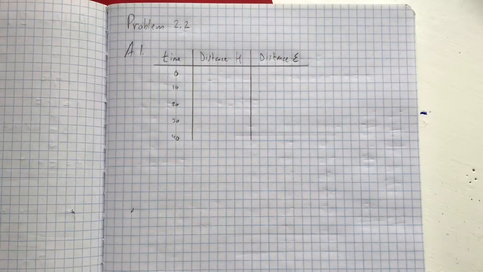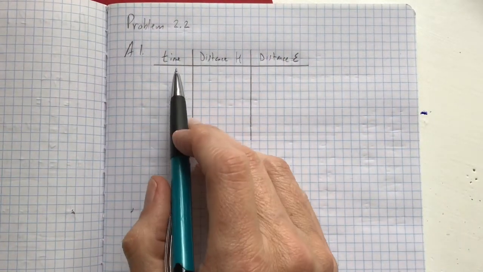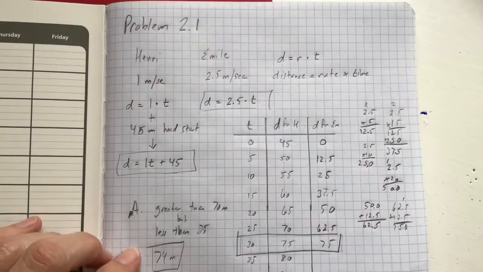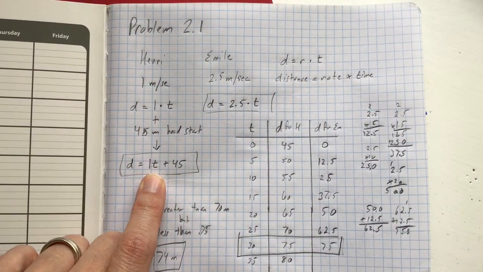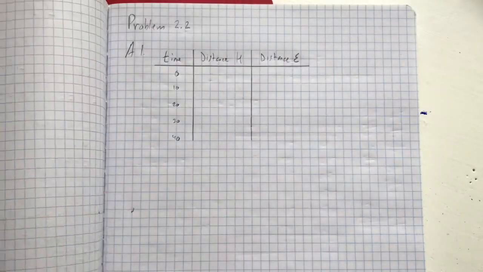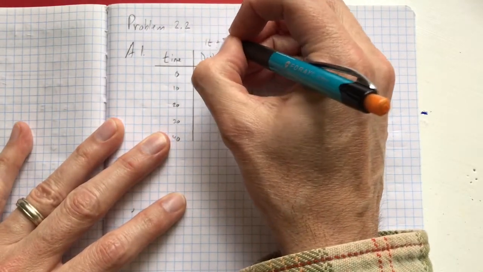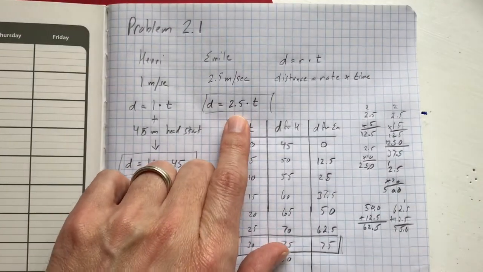All right, so I made my table. We've got our time, distance for Henri, distance for Emile, and increments of 10 for each of those. So if you recall, for Henri, his situation was here. It's gonna be distance equals 1 times t plus 45. So I'm gonna put that 1 times t plus 45. And then over here, for Emile, his was